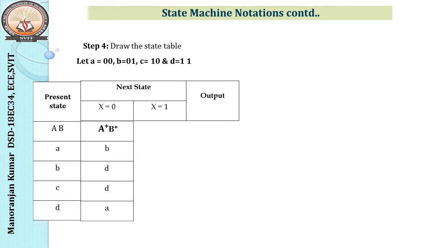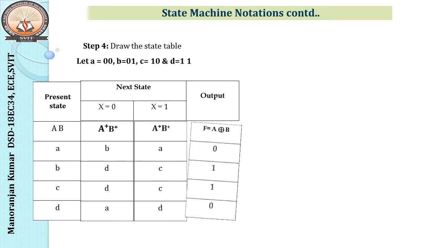Your next state will be something like this: B D D A. So we have to combine both the A plus and B plus values. In your transition table we have got 0 1, and all together we have written that as B here. For the second value we have got 1 1, that is represented by D, and so on. In the same manner this can be represented. After this the output remains the same.